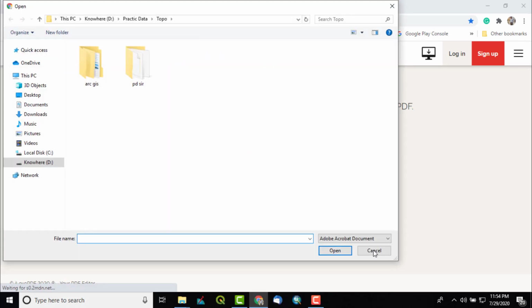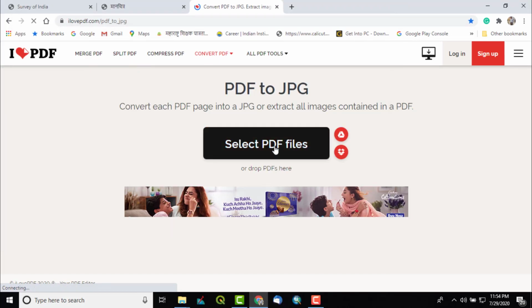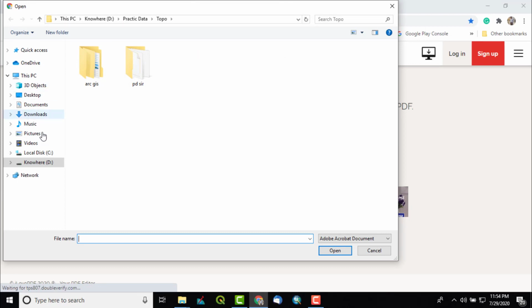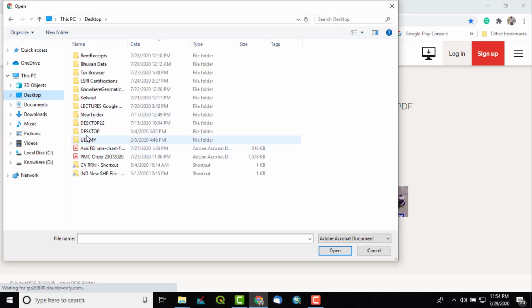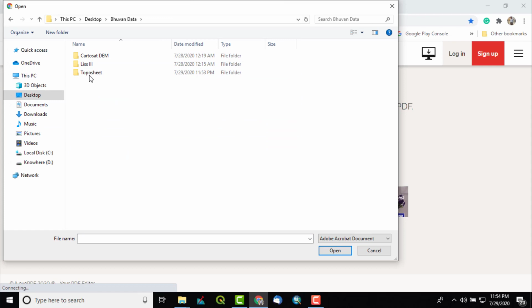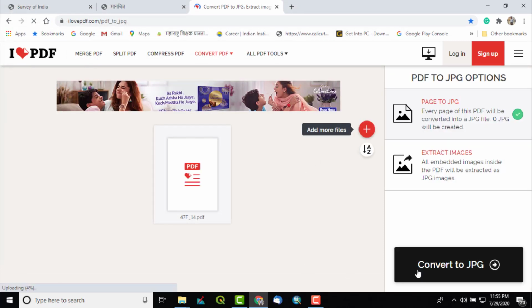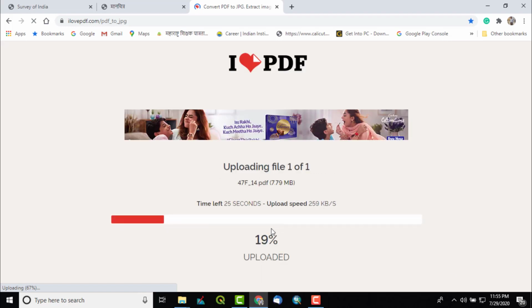So select PDF, click on select PDF files here, and go to the file where you saved it, and click on convert to JPG. So the file first will get uploaded, and afterwards it will be converted to a JPG file.